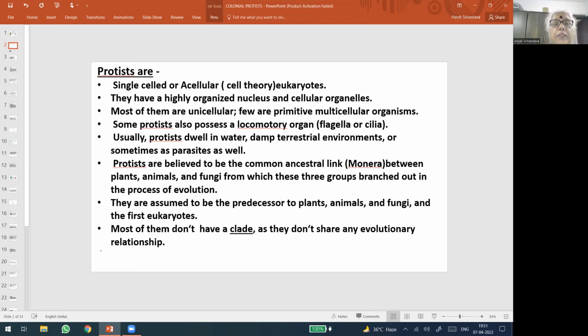categorization of the living world is the five kingdom classification given by Whittaker, according to whom the entire living world can be divided into 5 broader categories or kingdoms, which include the Monera, which includes the prokaryotes, that is, without a defined nucleus, and then the Monera continues into the so-called evolutionary tree that gave rise to the protists. And these protists are a very interesting group of organisms which don't have any